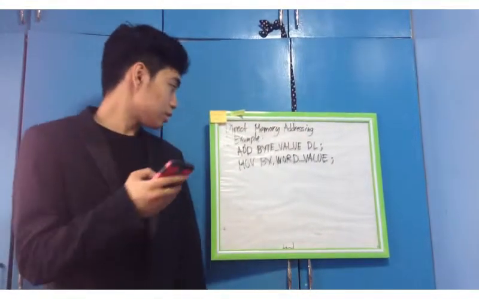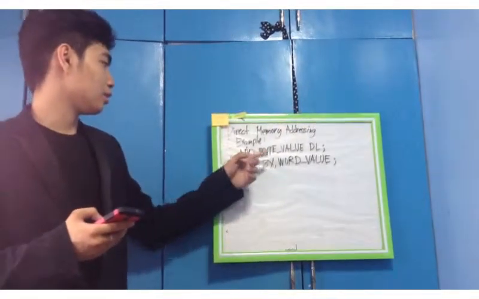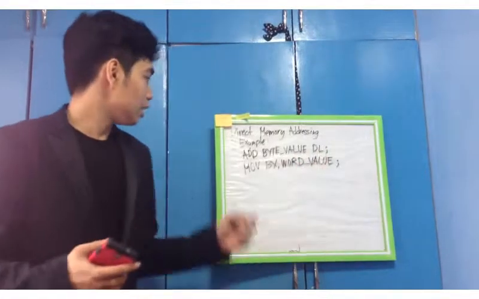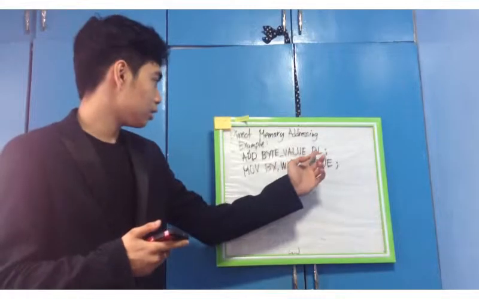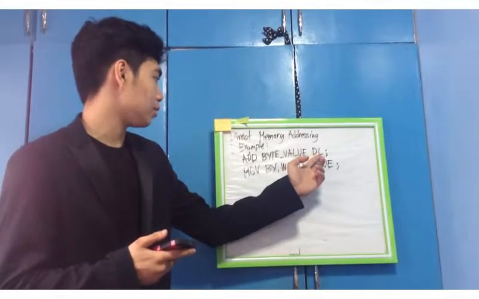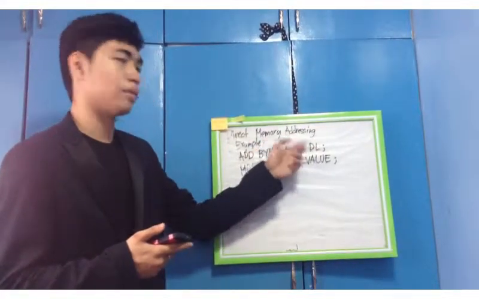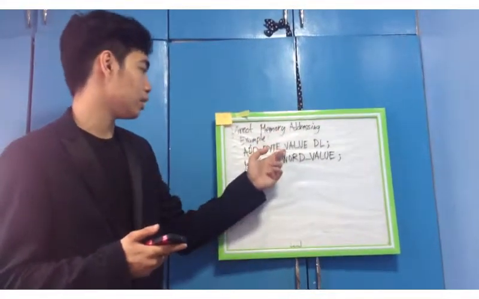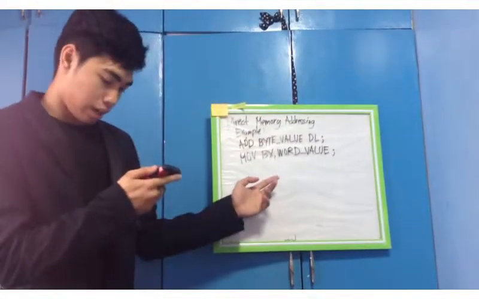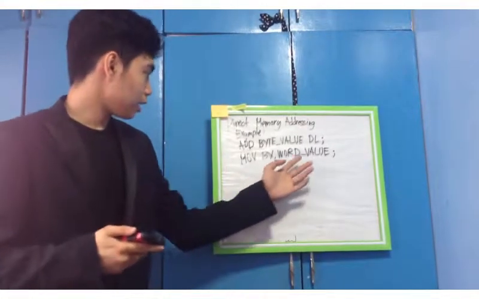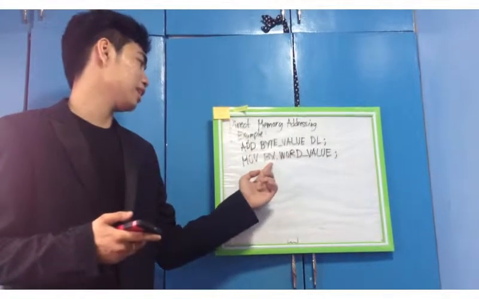So, skip na tayo dun. So, ang sample ko dito ay add byte underscore value DL. Yung register value nito, i-add mo dito sa memory location. So, ma-add siya dito. So, parang madadagdagan to, yung value na ito. Kasi itong move dx word value, ang ito naman ay madadagdag dito sa